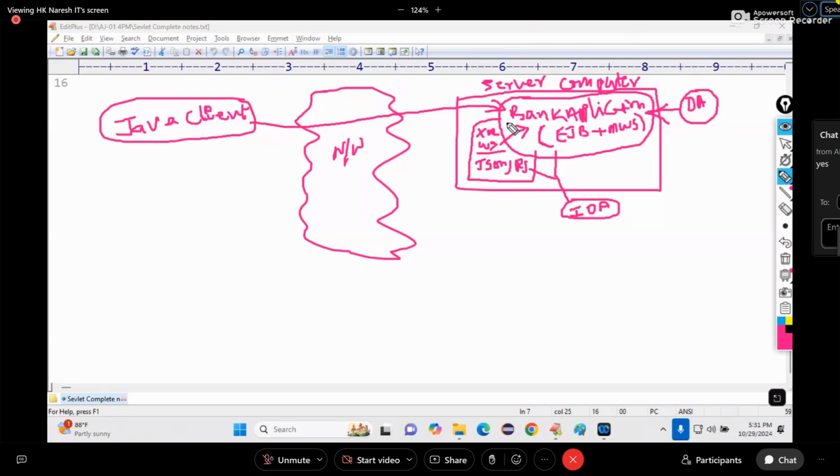Java can be communicated with directly. Also, a Java client can go via XML to the bank application. Both are allowed. But what is recommended? Via XML. If I expose my application via XML, it is secured and available for all different applications. So directly, this is distributed, DA. Via XML, this is IOA, interoperable application.